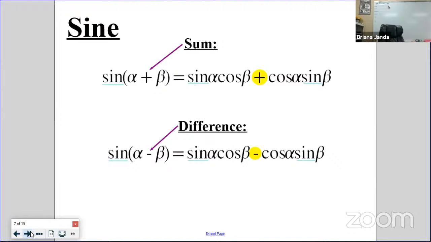You have to get sine of each and you have to get cosine of each in there, okay? And then the same thing with our difference. It will go sine of the first, cosine of the second, minus cosine of the first, sine of the second. So this time the operation does not change, but you have mixed sine, cosine, cosine, sine. Okay. Questions so far? Does anyone still need this page? All right, let's try out